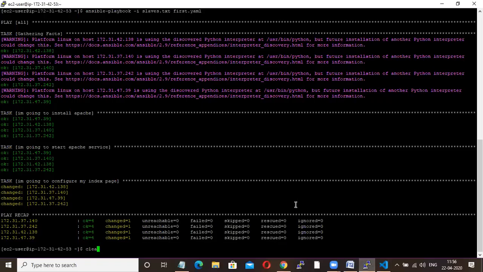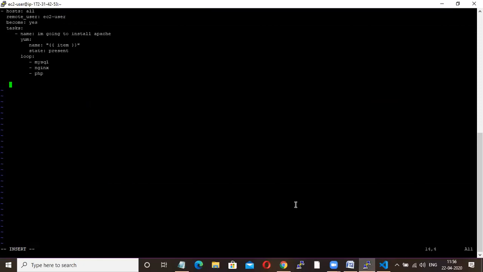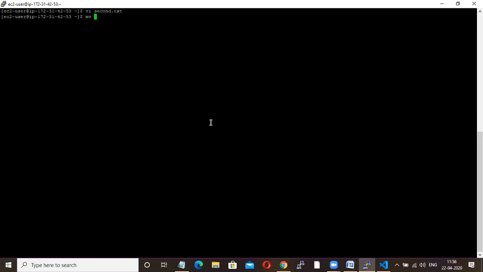Go here. vi second.txt. Why I am writing it as text is to avoid alignment issues. Then rename that text file to a YAML file. Then run your playbook: ansible-playbook -i slaves.txt, your playbook name.